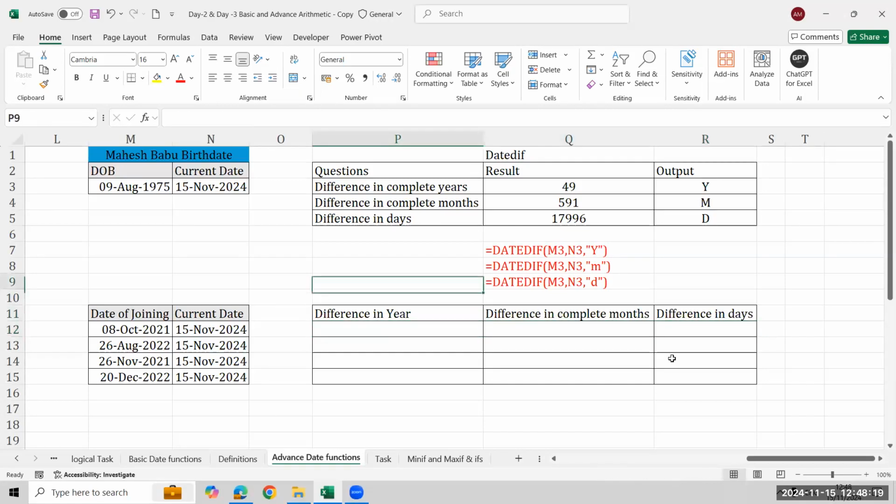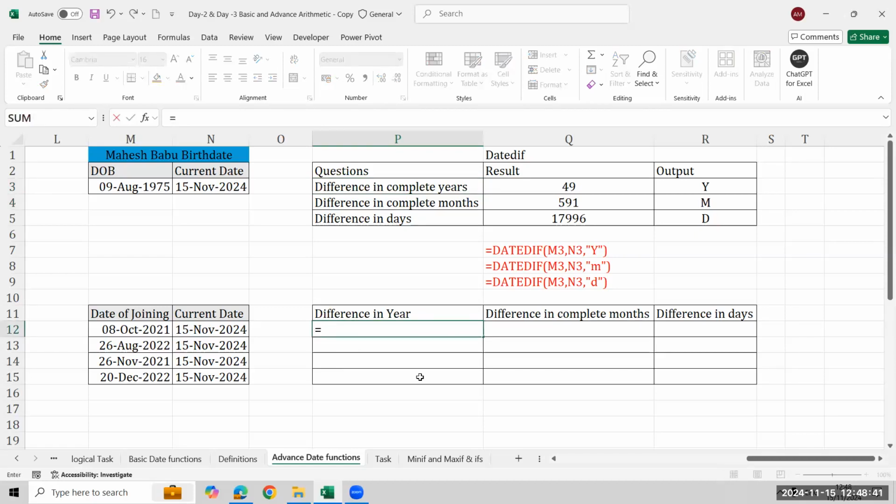So that is why I said this is for the overall complete year and month. But this is not actually the right way. When you want to identify only the differences between days, then you will use it. Only the complete month, then you will use it. Only for the complete year, then you will use this option. But when you want to pronounce or give anyone the information, then you're gonna use,